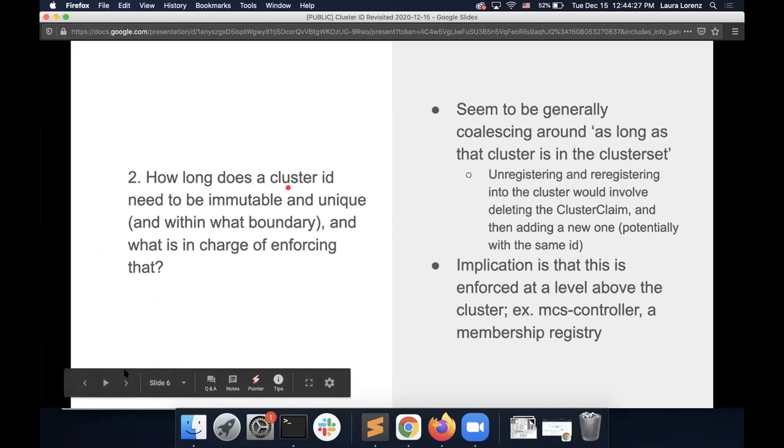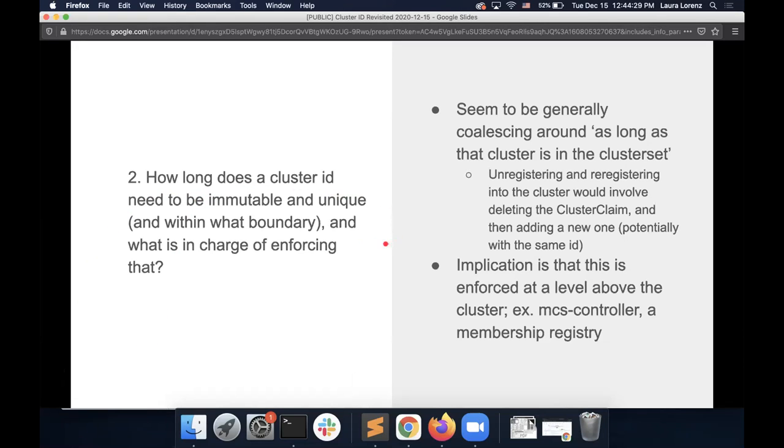Moving along, how long does a cluster ID need to be immutable and unique, and within what boundary? And what is in charge of enforcing that? I picked up from the comments that we seem to be generally coalescing around as long as the cluster is in the cluster set. So its single cluster ID needs to be immutable and unique within that cluster set for as long as the cluster is in that given cluster set. And one of the cases out of this would be that if you unregister and then re-register that same cluster,